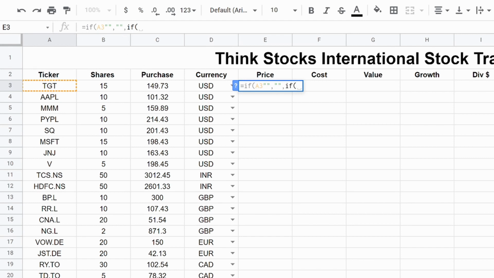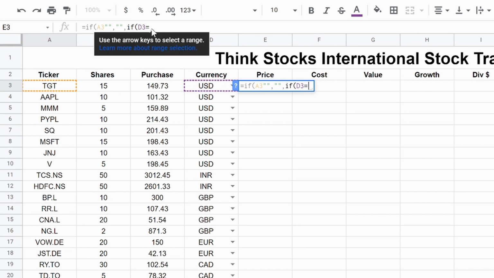And what this is saying over here is the IF BLANK function. If you look at it, it's the exact same thing, just a shorter version of it. It's saying if A3 is blank, leave it blank. Otherwise, do this formula. So we're going to have another IF formula, and this is if you have both United States and international stocks. D3 equals USD,